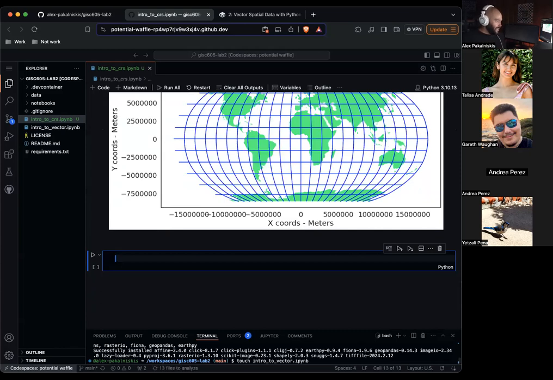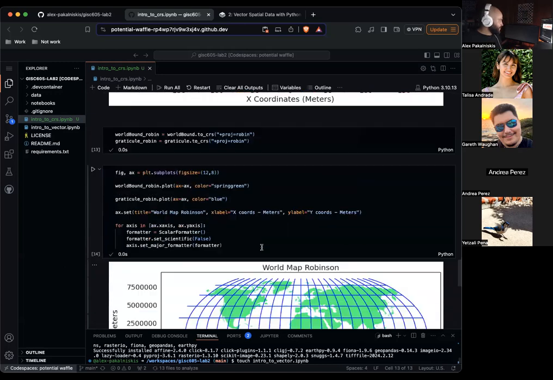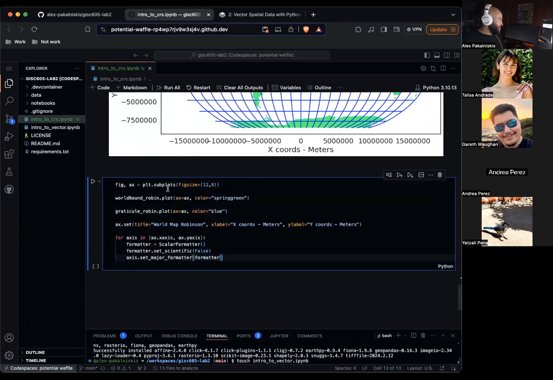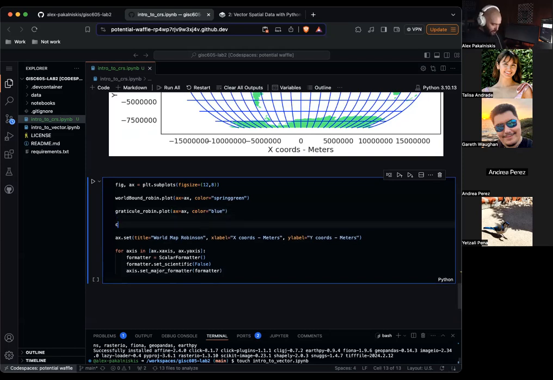So what happens if we add the same latitude and longitude locations to our map? We'll see that there's not really on-the-fly projection. For this case, I will just copy paste it, so you don't have to see me do that again. But I will add a new entry here for city locations, and let's use a star marker again.